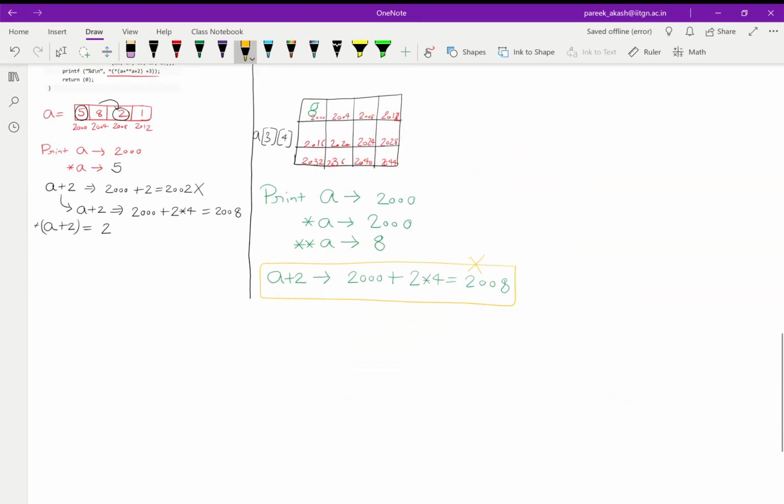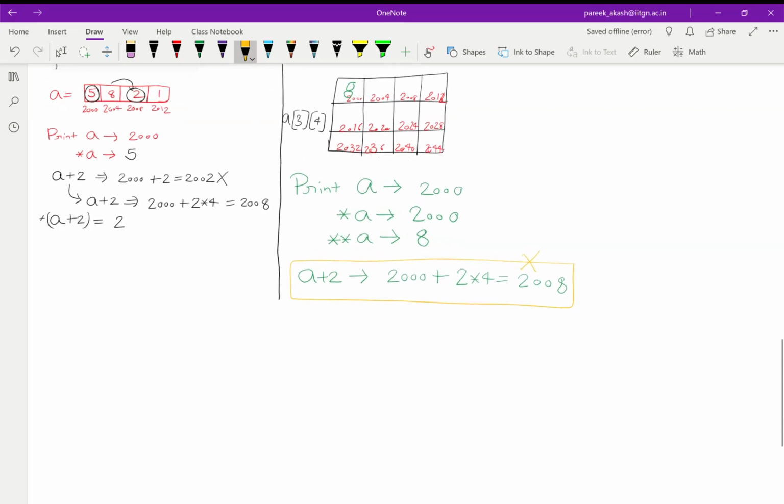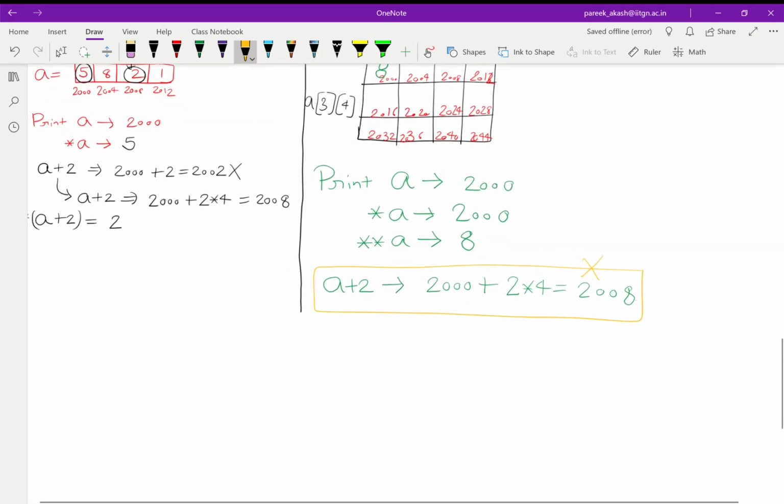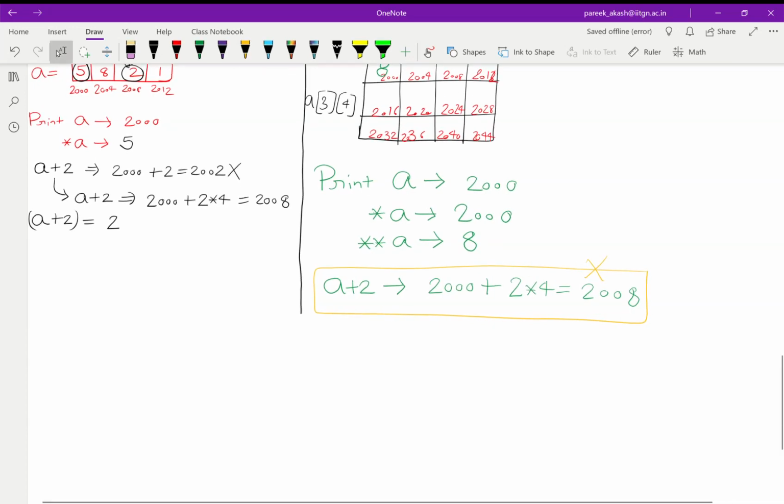A 2D array can be viewed as a single array where each element of the array is actually a 1D array.